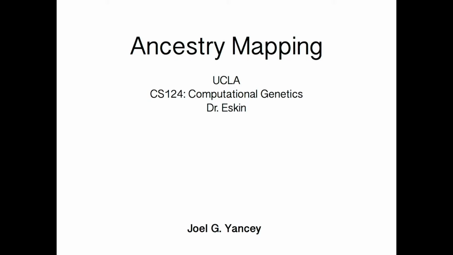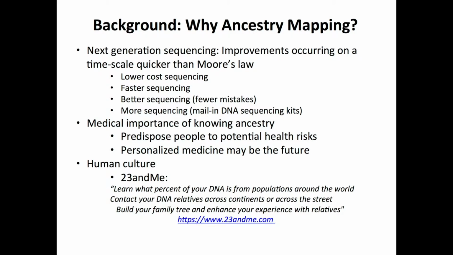So I did my project on ancestry mapping. Why ancestry mapping? I'm just going to quickly give some background information. The most popular sequencing method throughout the final quarter of the 20th century was known as Sanger sequencing. In the 1990s, what we today call next generation sequencing began to emerge. These new methods paved the way for entire genome sequencing.